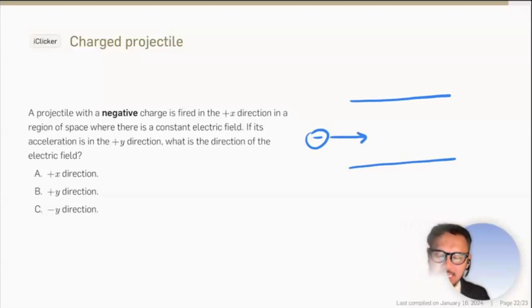If the acceleration is in the plus y direction, that means there is a field that points up, right? What is the direction? Okay, if its acceleration is in the plus y direction,